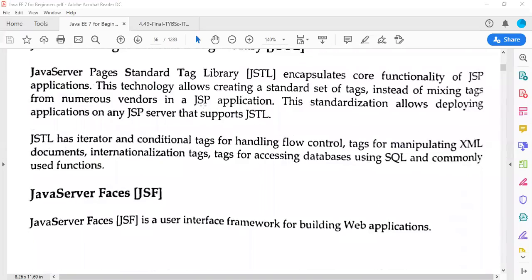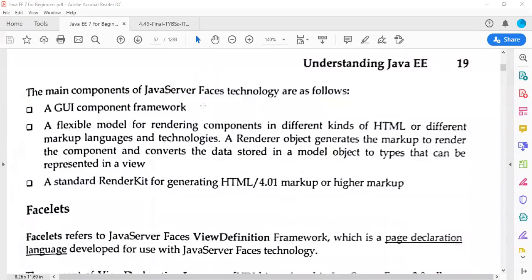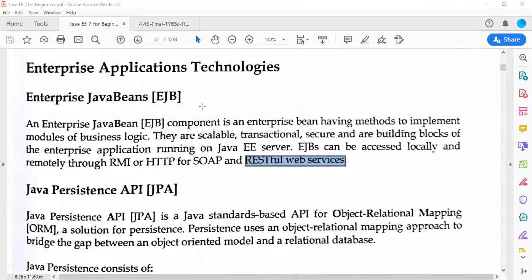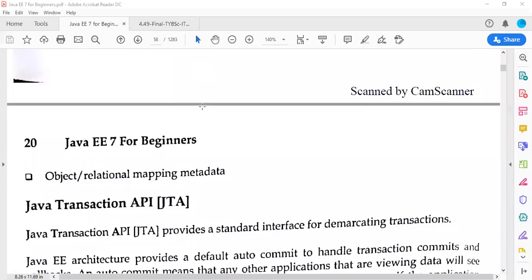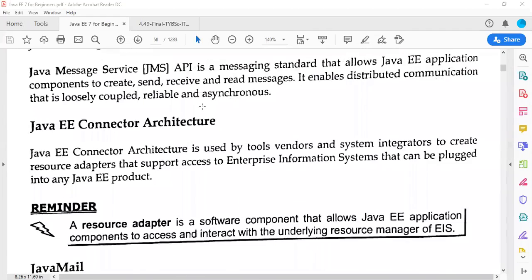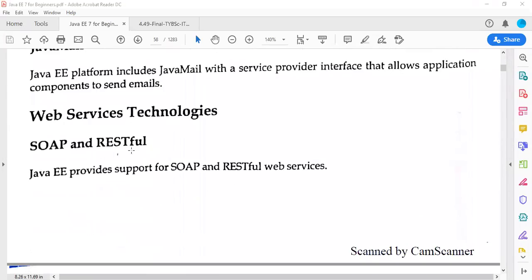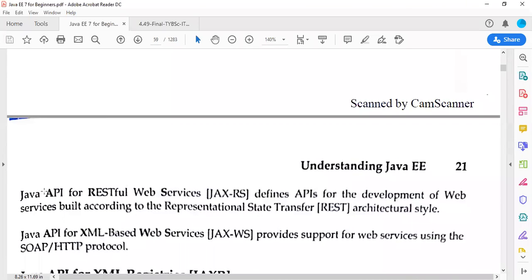Then we move towards enterprise application technologies. Then we will be moving towards web services technologies. It includes SOAP and RESTful architecture web services. Java API for RESTful web services, also known as JAX-RS, defines an API for development of web services built according to Representational State Transfer.